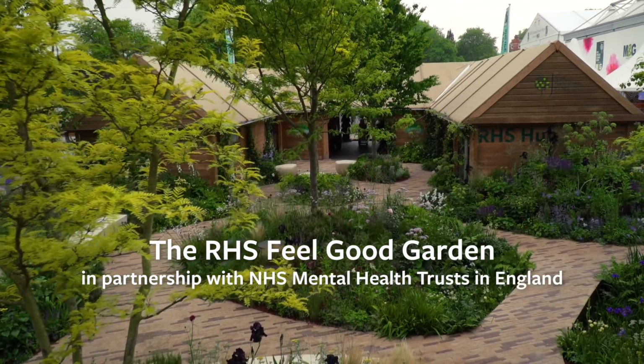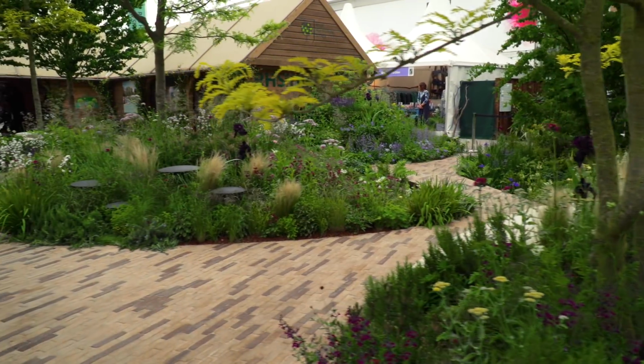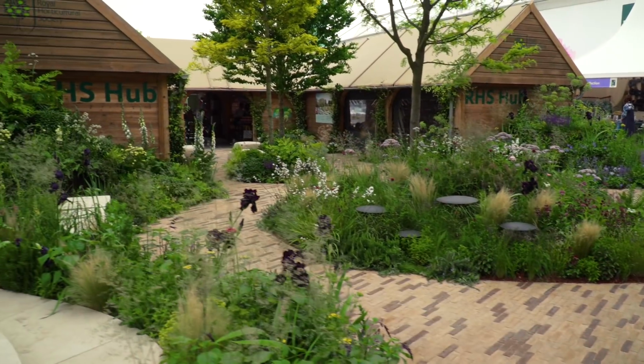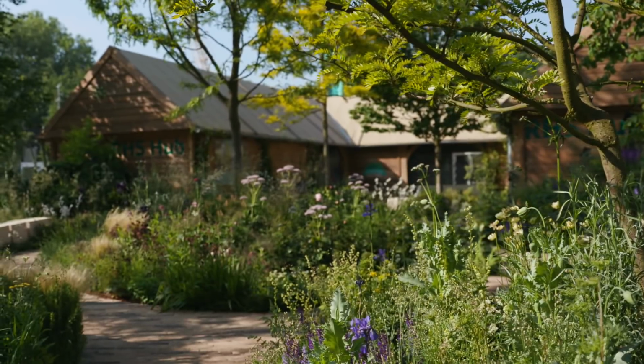The RHS Feel Good Garden is a space designed to promote health and wellbeing through horticulture, illustrating ways in which people at home can implement certain design principles that will help improve health and wellbeing. The garden has taken inspiration from the work we're doing up at Wisley with the RHS on a much larger wellbeing garden. There are no straight lines, it's very organic and natural in form, and the reason for that is we